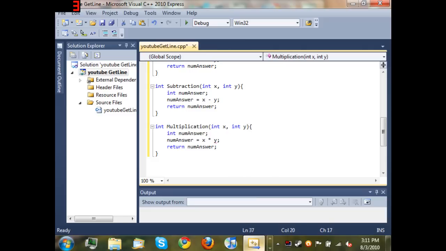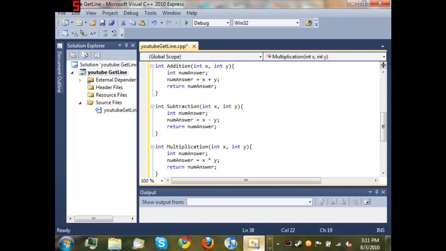Okay, so now we have methods that will either add two numbers, subtract two numbers, or multiply two numbers. You should be able to understand this if you watched the last couple tutorials. So now what we're going to do